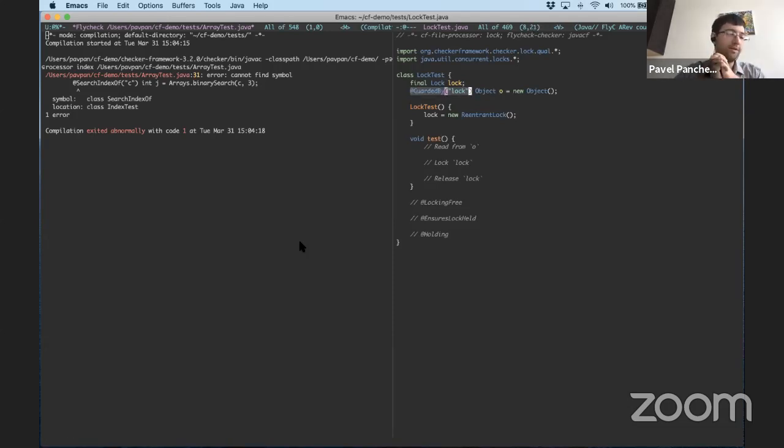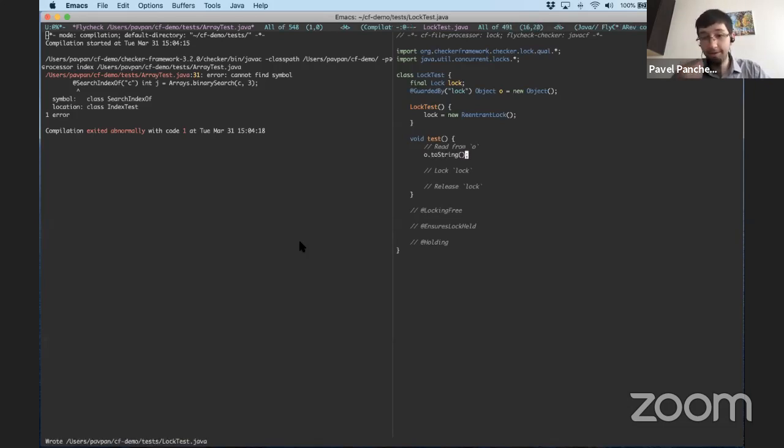So this goes back to Bradley's question of whether these @ things are refinements, as in do they restrict the set of values? And in this case, they don't. Every single object is a valid object to be guarded by the lock. Instead, what guarded by means is that reading from O, like calling toString on it, is invalid unless we also hold the lock stated.